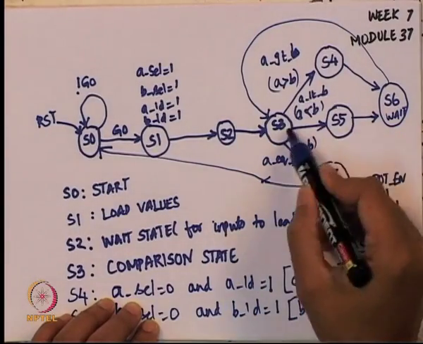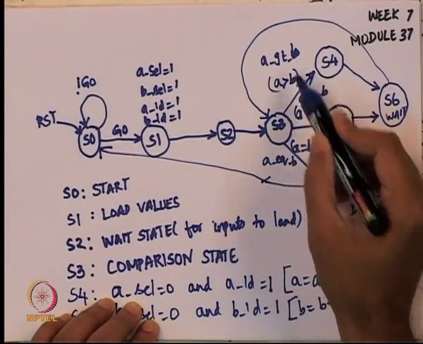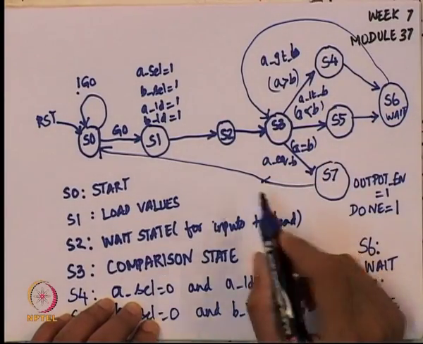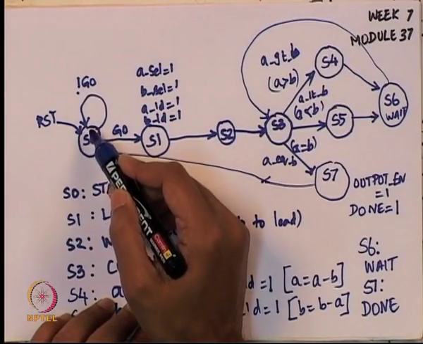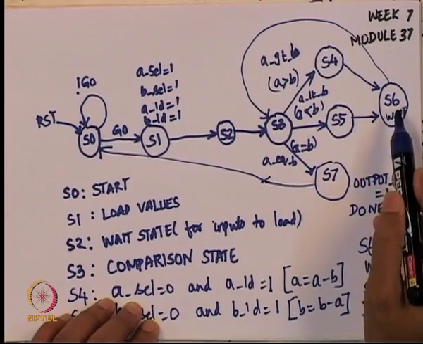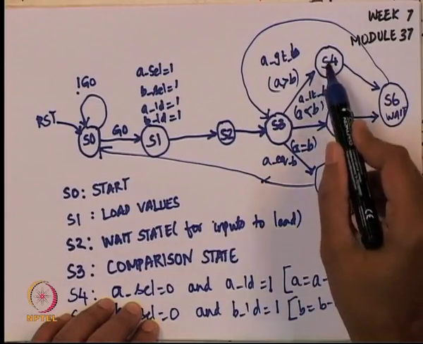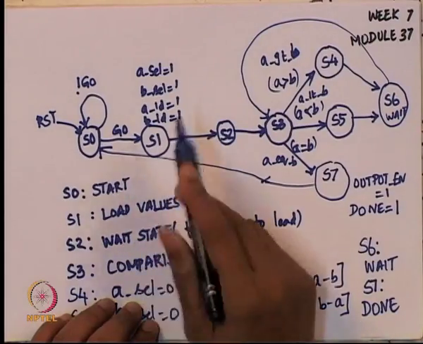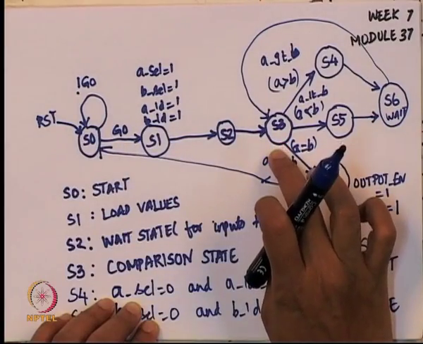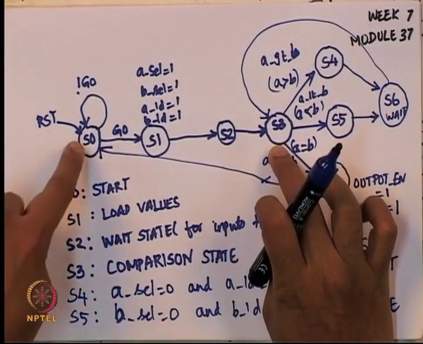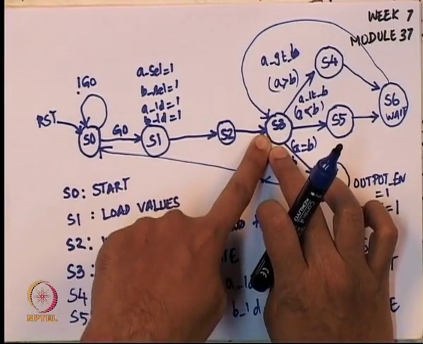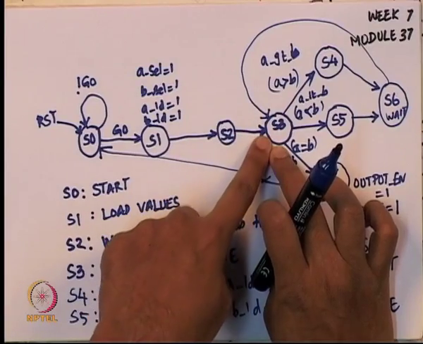And these are the three places where we need inputs also. So A greater than B, A less than B, A equal to B, we need some input to the controller, and go is another place where we need some input to the controller. The other states are not even processing the inputs to the controller. S7, S6, S5, S4, S2, S1, all of them do not process inputs to the controller, only S0 and S3 are processing inputs to the controller. S0 is a place where you are getting something from the external world, S3 is the state where you are actually comparing where you are getting the result of the comparator.